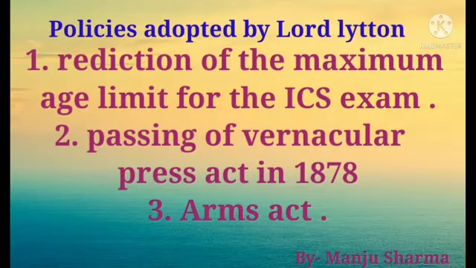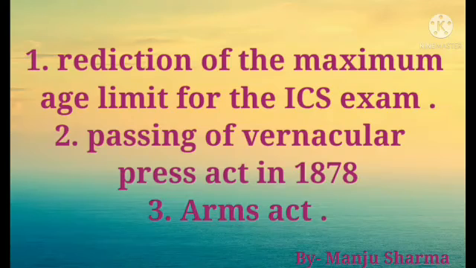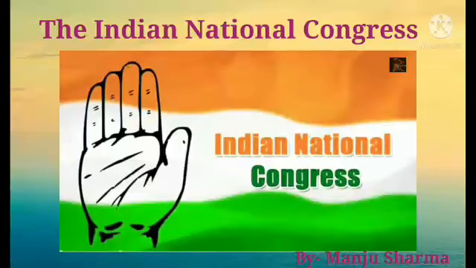And now we will know about the starting of the Indian National Congress. A number of associations were formed after the revolt of 1857 with the aim of promoting national awakening among the people of India: the East India Association in London, formed by Dadabhai Naoroji; the Poona Sarvajanik Sabha by Justice Ranade; the Indian Association in Calcutta by Subramaniam Iyer; and the Bombay Presidency Association by Firoz Shah Mehta and Badruddin Tyabji.